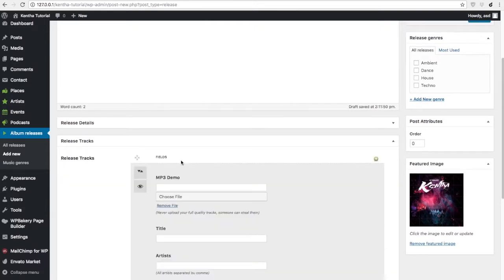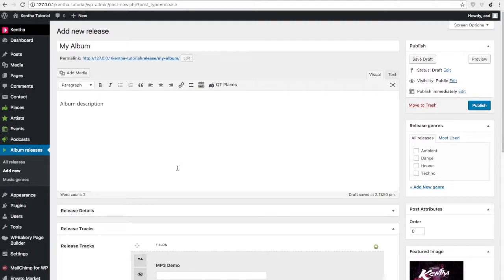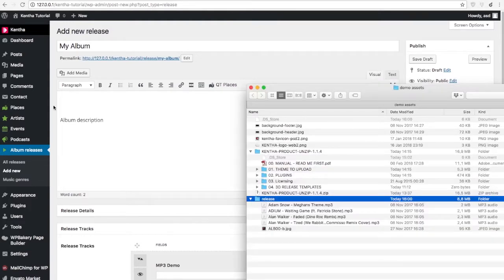Then it comes to adding tracks. This theme has two ways for adding tracks. The first way is very simple. You just need to drag and drop your MP3 files in the content. Be sure to add your tracks at the top of the content,